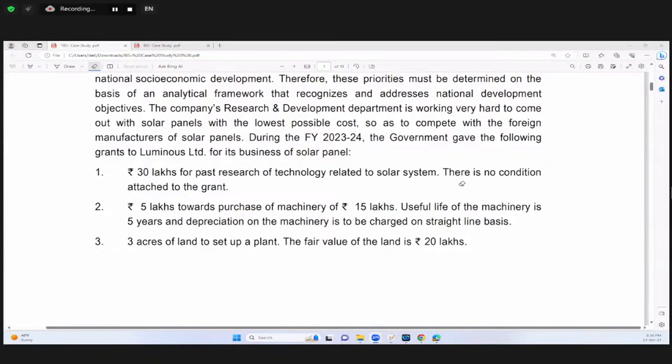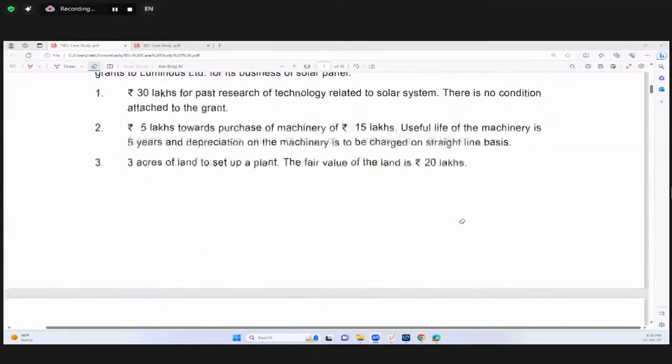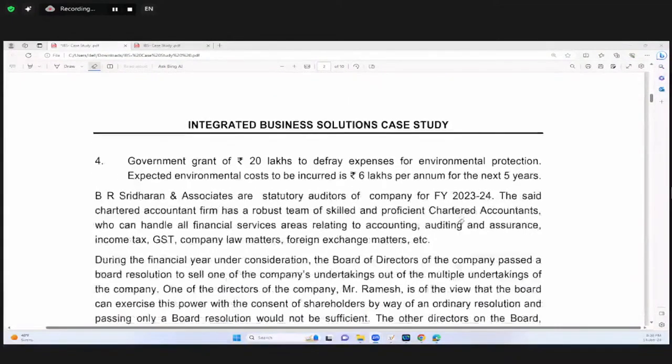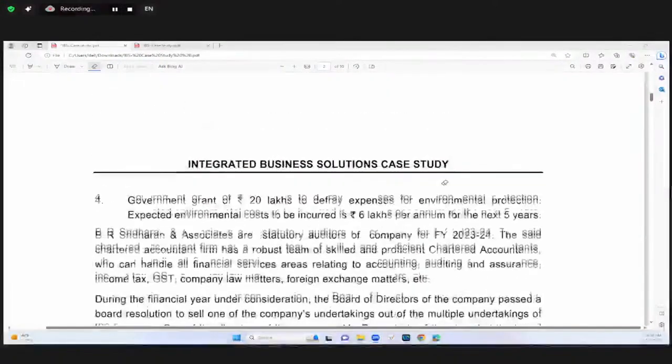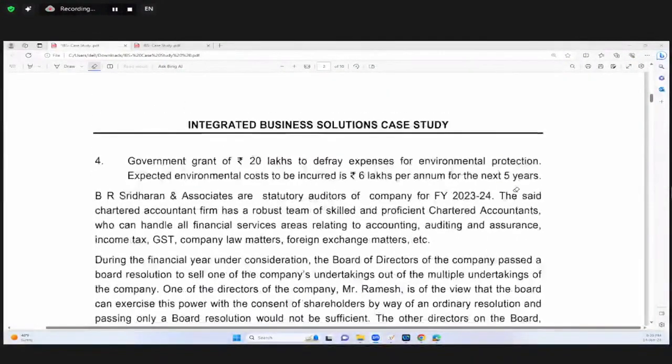Useful life of the machinery is 5 years and depreciation on the machinery is to be charged on straight line basis. Moreover, 3 acres of land to set up a plant, and the fair value of land is 20 lakhs. Yes, students, fourth grant is government grant of rupees 20 lakh to defray expenses related to